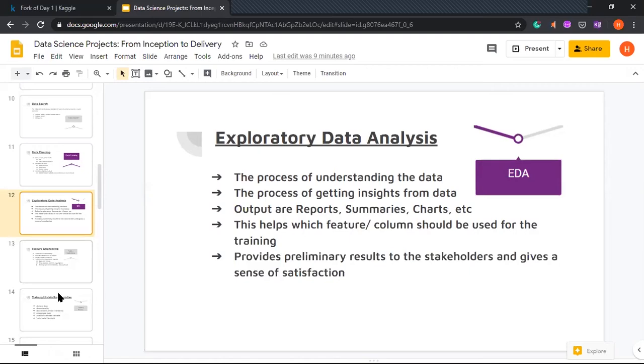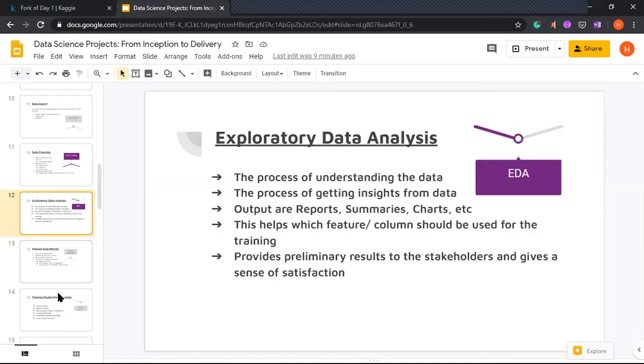If we have some kind of medical data, we'll try to find the important features. So how do we understand if a feature is important? We'll create some sort of chart or report from it, and the endpoint of the report would be a basic idea saying that this feature, when increased, gives more life expectancy. So nutritious foods: if a person is taking nutritious food, we get that his life expectancy is increased. Such kinds of outputs we'll get from EDA.